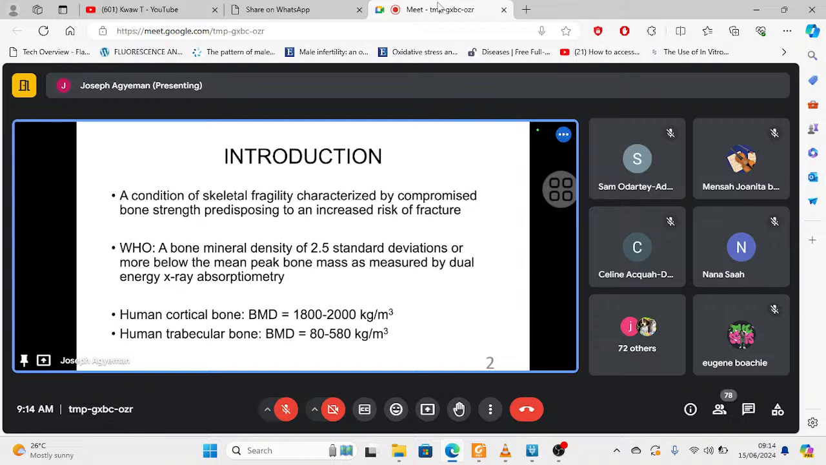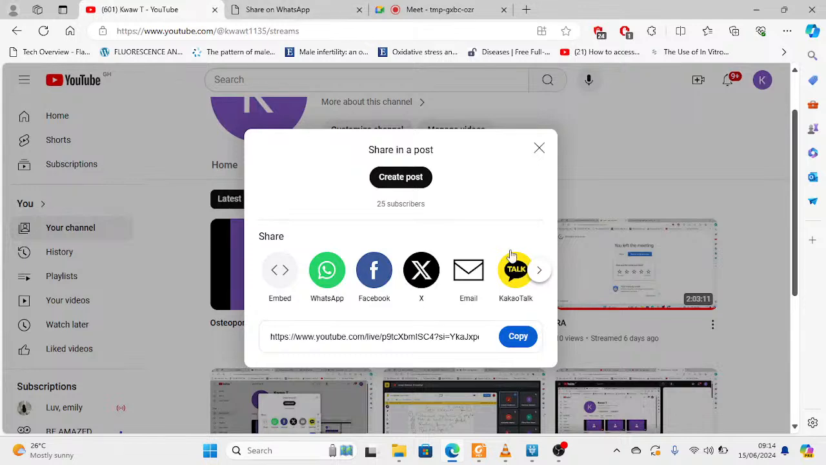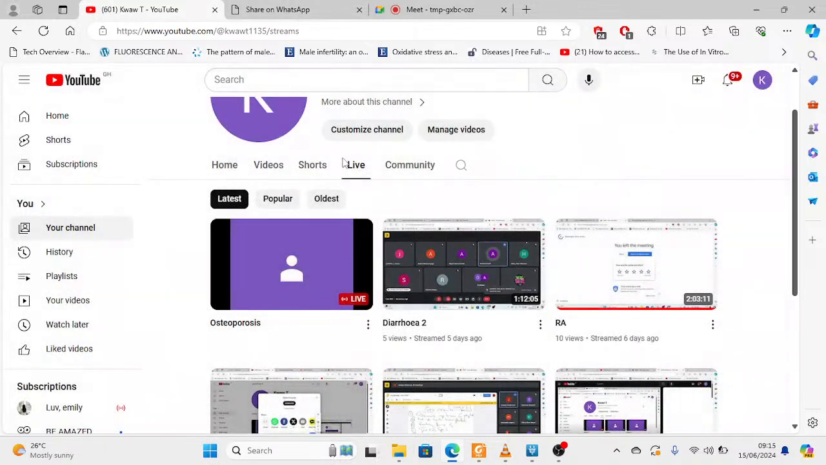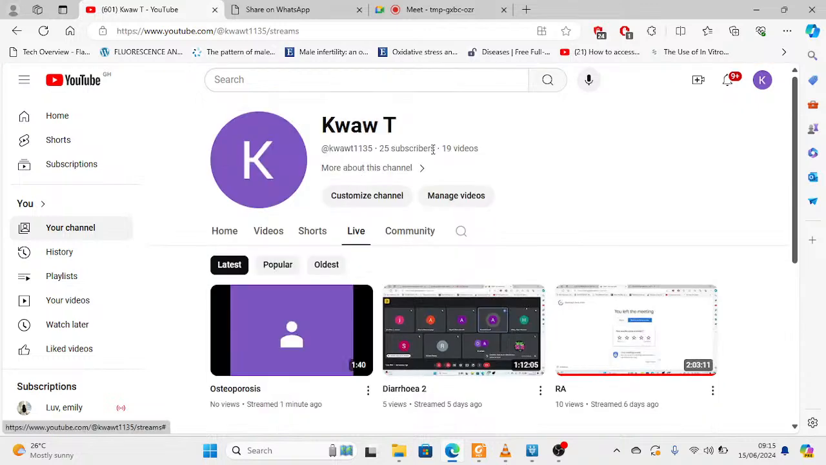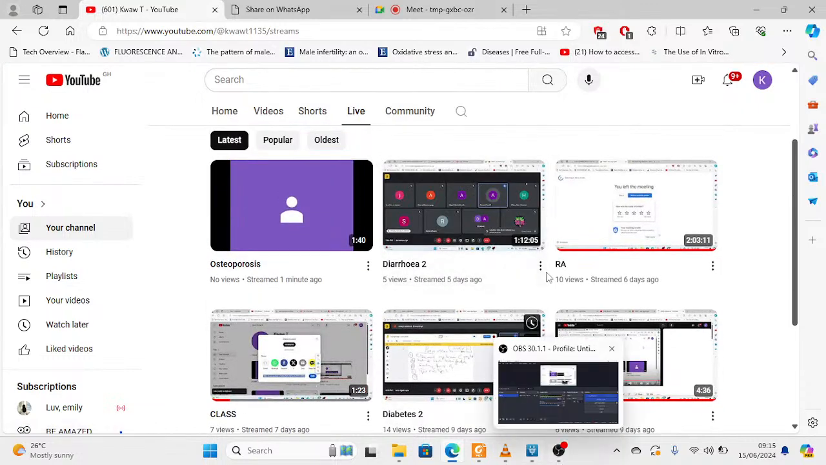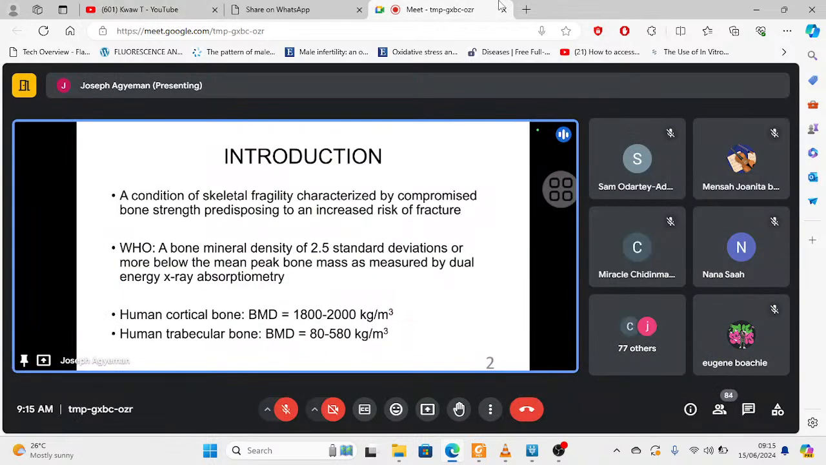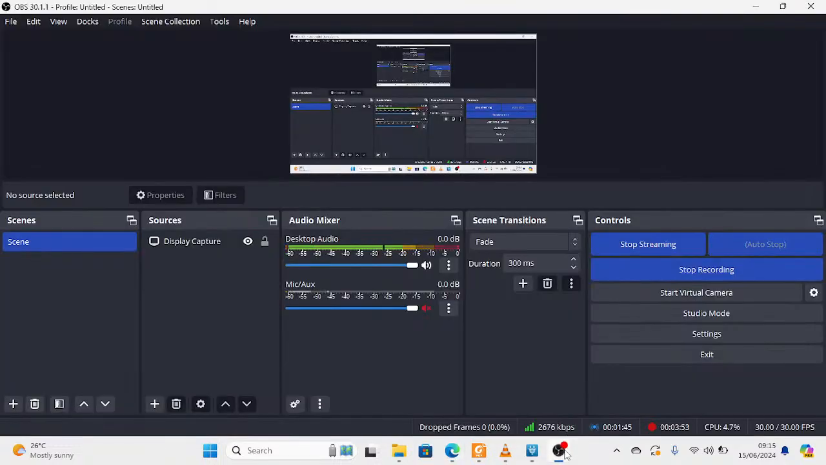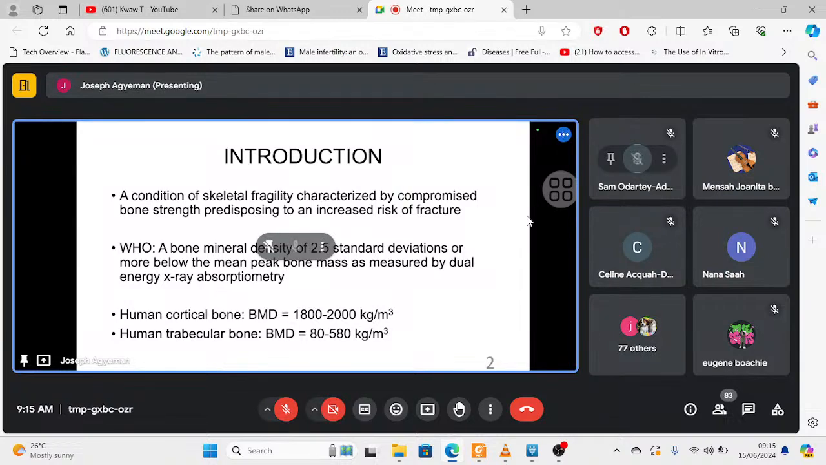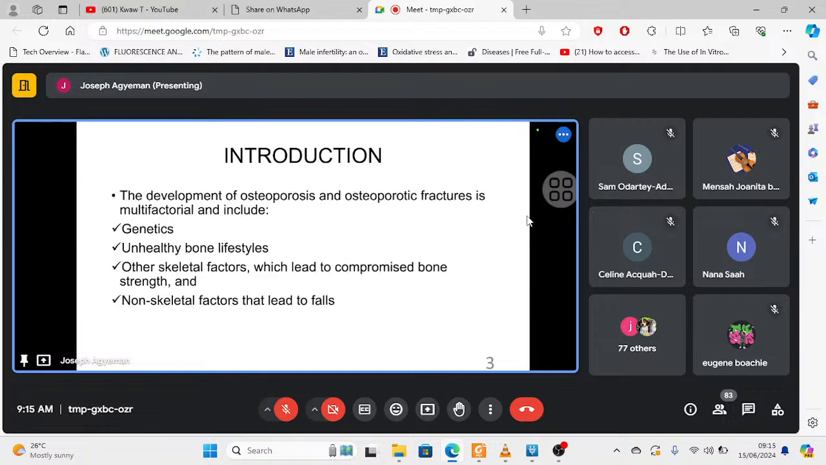for us to confirm. So basically, if you are using the cortical bone or the trabecular bone, we know that roughly for cortical bone, the bone mineral density is normally between 1,800 to 2,000 kg per meter cube, whilst for trabecular bones, the bone mineral density is between 80 to 580. So then, what are cortical bones? What are trabecular bones? We need to understand this. So now, before we go on,